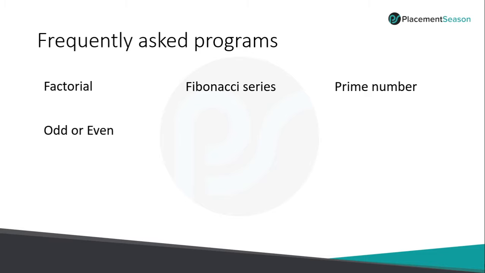Next area is questions based on the operator concept, like odd or even, and LCM. Write a program to find LCM and GCD of the given numbers, and then magic number, Armstrong number, perfect number, etc. Even this LCM and GCD question was asked in the Wipro Automata test last year. They asked you to implement the code to print the GCD or HCF of the given numbers. So understand what is a magic number, what is an Armstrong number, what is a perfect number. These types of questions you may expect in this branching and looping concept.